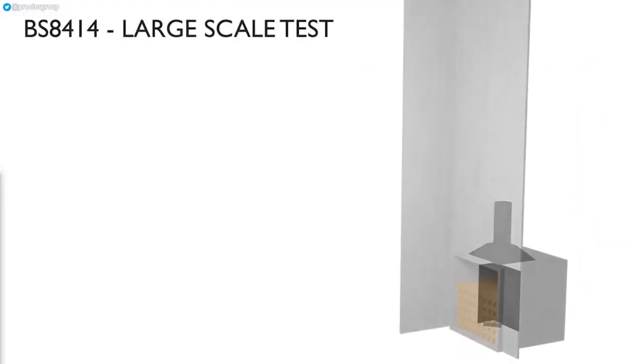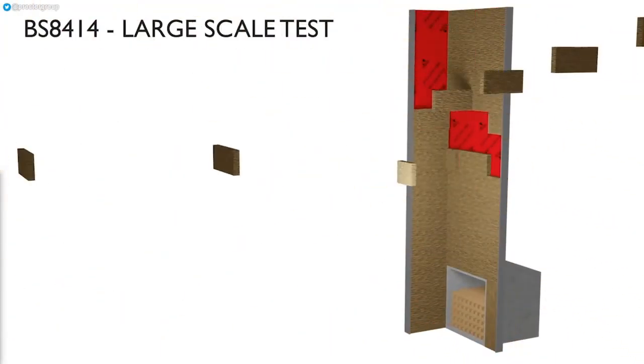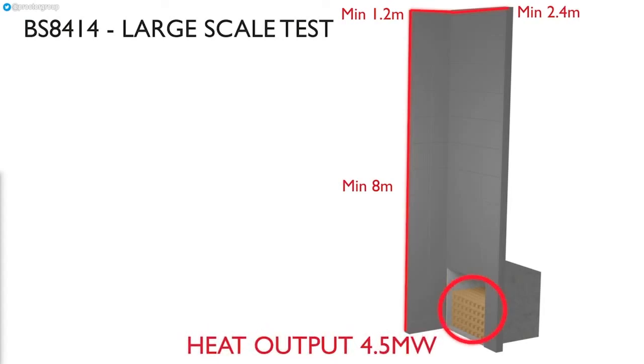The most recent test method used in the UK is the BS 8414 test, revised just this year. This is the largest scale test commonly used and aims to give an accurate representation of the performance of a fully integrated wall assembly. In essence, this test is a supersized single burning item test, with the 1.5 metres high test panel increased to 8 metres and the peak heat release from the test fire taken from 30 kilowatts to 4.5 megawatts. In this test, products are tested integrated into complete constructions, with additional components making up the entire wall